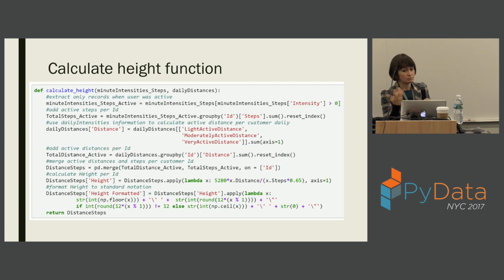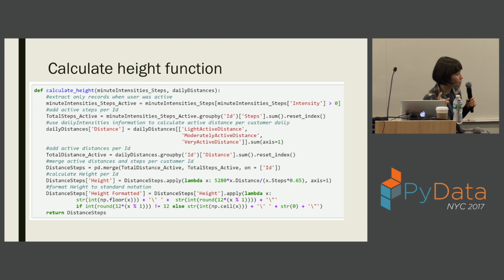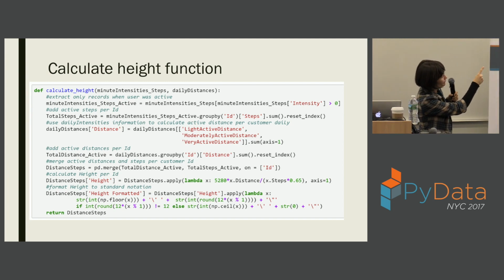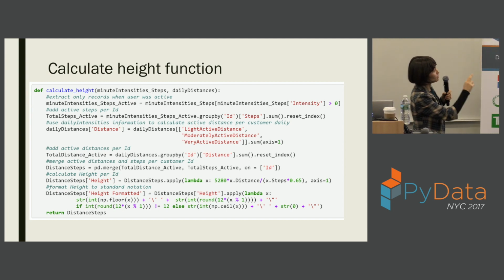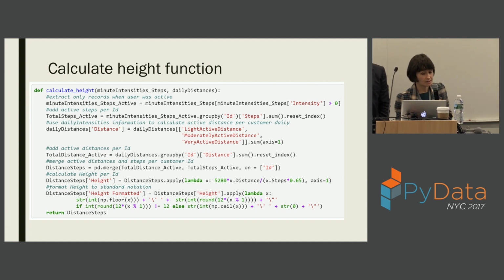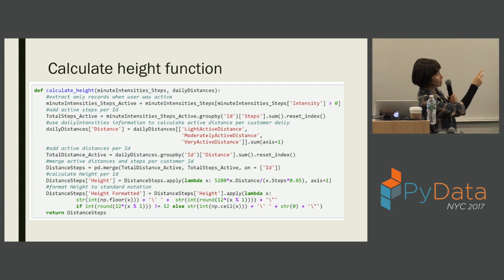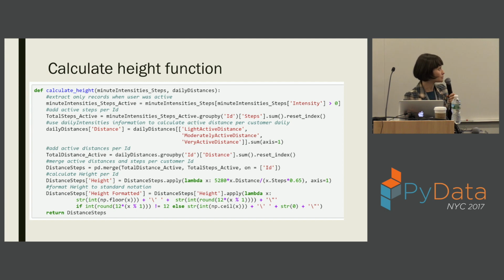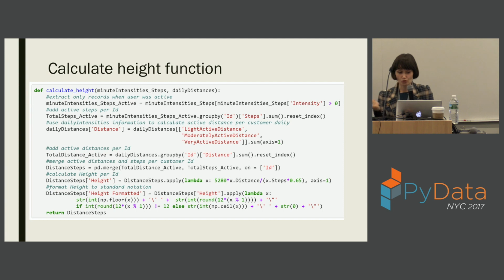So now it's just rewriting our model, so to speak, into a function. Once again, we already merged the two files, so now we only need to filter for intensity bigger than 0, sum things up, take the distances which are not from sitting down but from some actual activity of the customer, sum things up, and apply exactly the same model as before, and format the height so that we can better visualize and understand it.